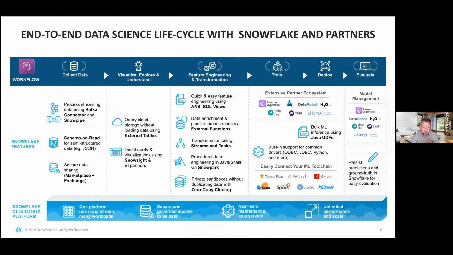And so if we look at this from an end-to-end perspective, there's a whole bunch of atomic capabilities here from Snowflake, and then really our partners and tools integrate and work with those in a seamless way. All of this can be developed using SQL commands, so you can create and define these different types of objects and processes to run inside Snowflake using SQL, and also using these new APIs that we have to move the data through from collection through feature engineering and through into training and deployment for models.